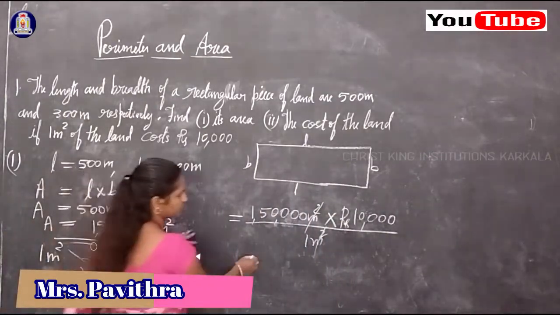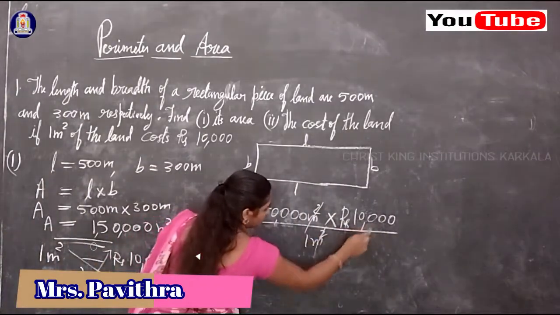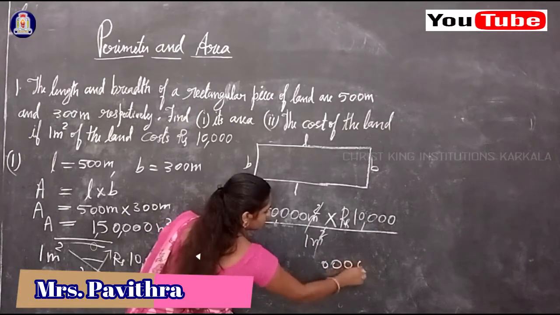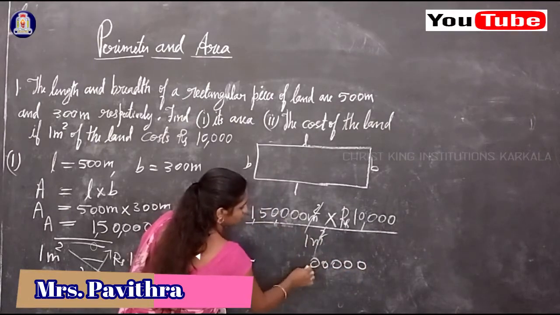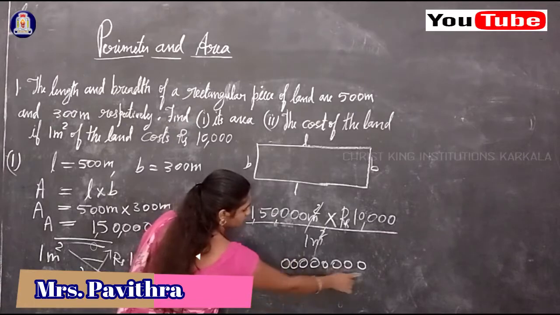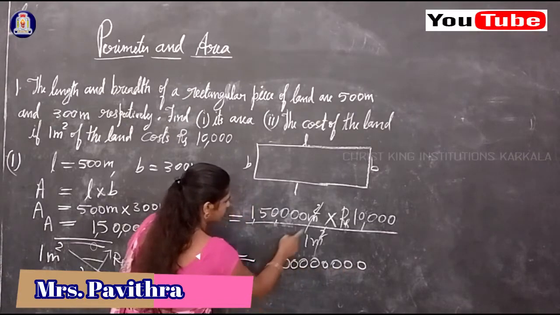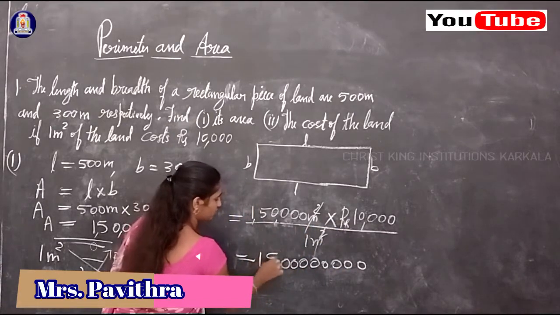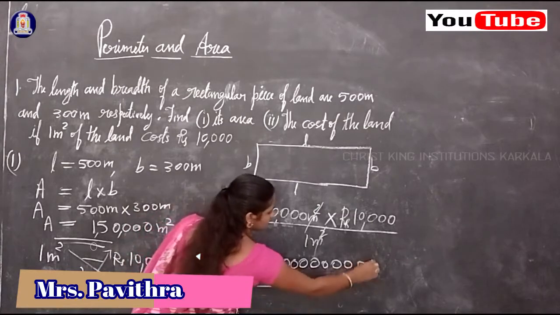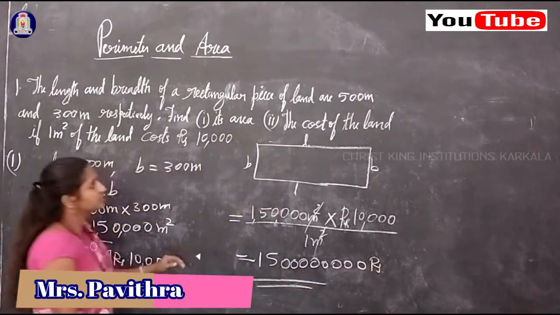So multiply. See how many zeros here? 4 zeros. And here how many zeros? 4 zeros. So write 4 zeros. 1, 2, 3, 4, 5, 6, 7, 8. Now 1 into 15, you know 15. So this is the answer. Okay. So the second one answer is